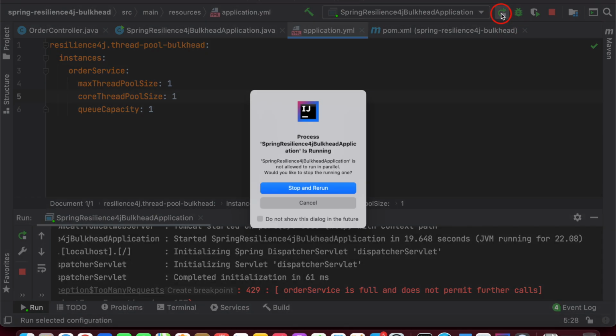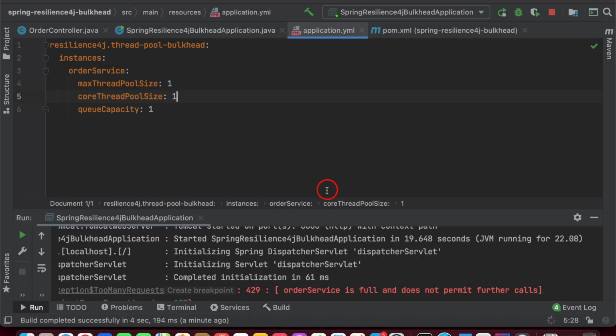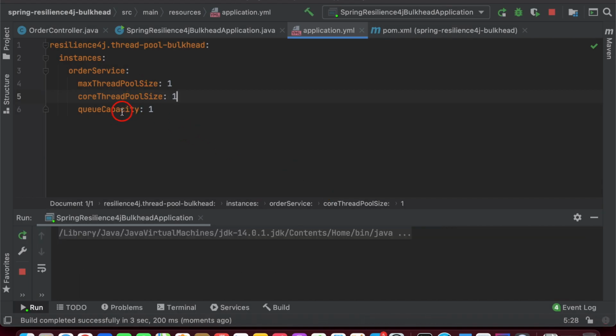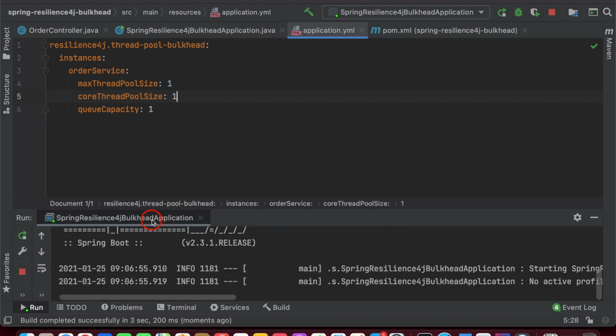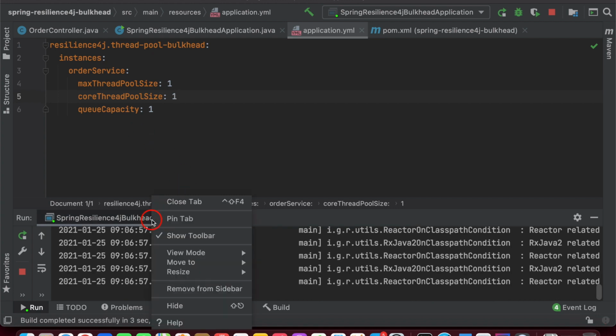I'm going to restart this application. Until the thread pool size and queue capacity are full, it won't throw any bulkhead full exception, so this time it should not throw any exception. Let's see practically, guys.